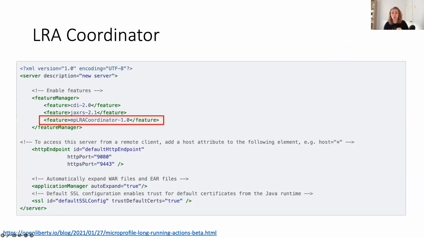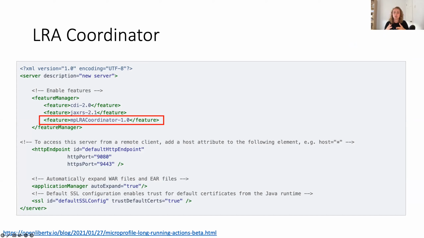So if we want to actually go ahead and utilize this, we have an example for this. As I mentioned, there is a blog, and we also have a GitHub repo with an example app. If you want to check that out, the link is at the bottom here, or you can just go onto the Open Liberty site, go to our blogs and search for it. But essentially, the first thing we need to do is, in this case, we're using Maven. So this is our server.xml file.